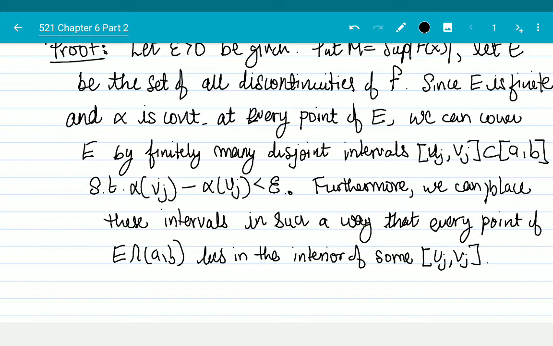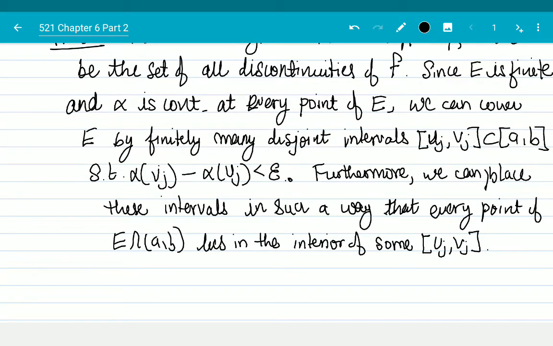Given an epsilon, I can find a delta such that within that delta, everything lies within that delta. I will take epsilon prime equal to epsilon over 2, find the delta for it, and then you can show that alpha Vj minus alpha Uj has to be smaller than